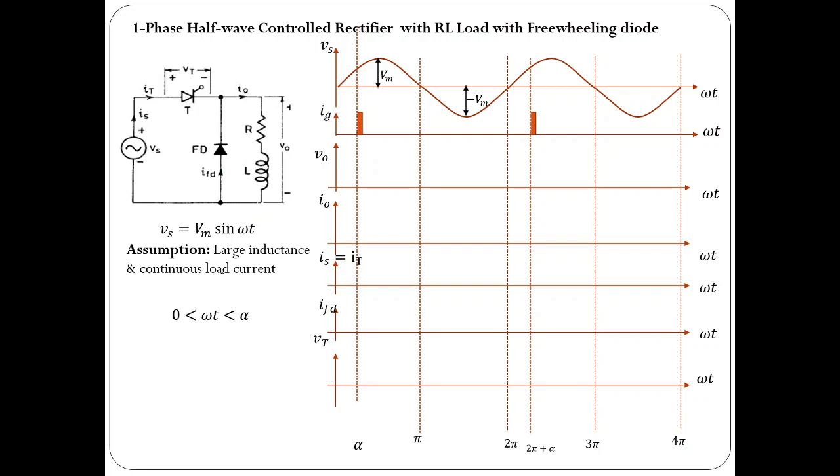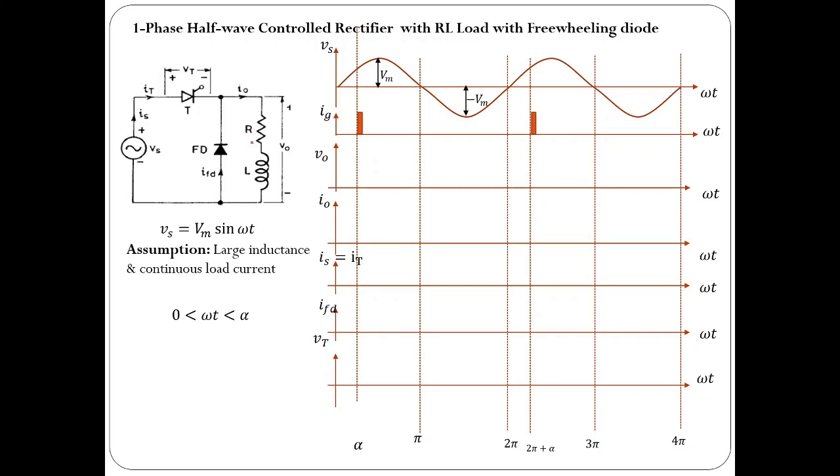Here I assume a large inductance and that the load current is continuous. After omega t is equal to pi, we are connecting this freewheeling diode, right? So this would be conducting, and this inductor would be de-energized and the energy would be given back to the resistor. By assuming the time constant is somewhat higher, the current would reduce at a slower rate, so that the current is going to be more or less continuous. That is my assumption. Current is not going to touch zero.